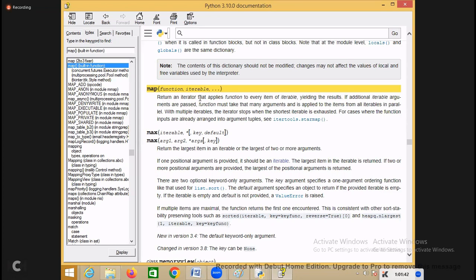Return an iterator that applies function to every item of what? Iterable. It will apply this function to every item of which one? Iterable, and yielding the result, means just return the result. If additional iterable arguments are passed, function must take that many arguments and be applied to the items from all iterables